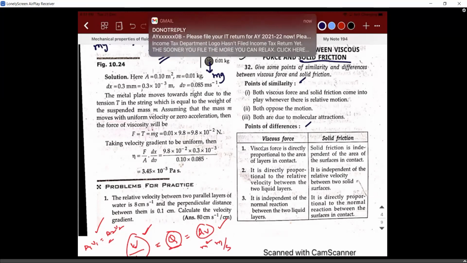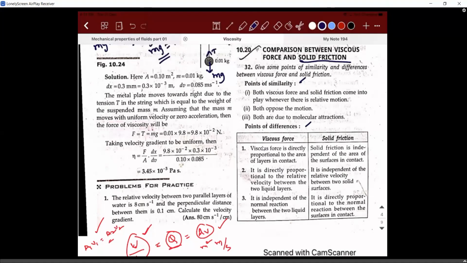Whether you do that activity like this, or you keep the mobile phone like this, or like this, you can observe that the coefficient of friction of that surface is still the same. That is why they are saying it is independent of the area of contact. That is the reason. Whereas in the case of viscous force, it is changing. The friction itself doesn't depend on the area of contact. That is what they say.